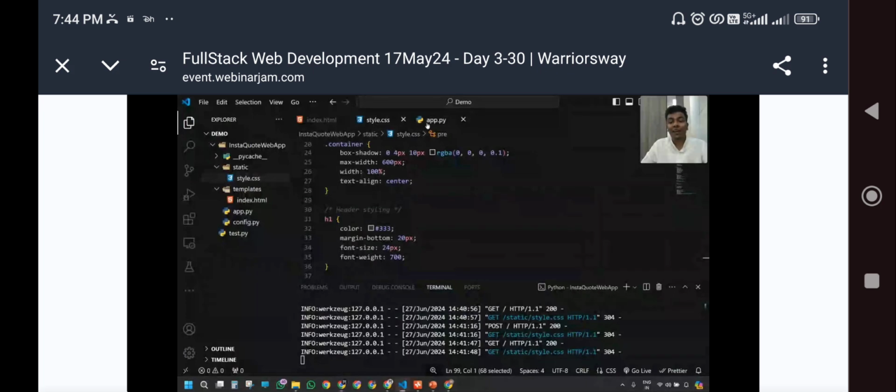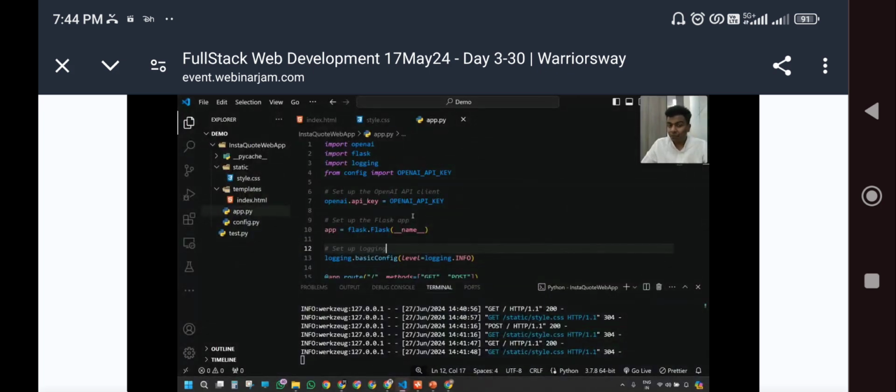Now we'll go for the real functionality of our Python program. It's very simple. Already we have installed 2 libraries, the OpenAI library and the Flask library. The framework it's going to use is Flask, and the communication with the other application is OpenAI. You have already installed those libraries with pip install openai and pip install flask in your terminal. But now it's time to bring those libraries into your Python code. To bring a library into your Python code, you can import it. So import openai, so that the OpenAI library will be called into the Python code. Import flask. Now the Flask library got brought into the Python code.